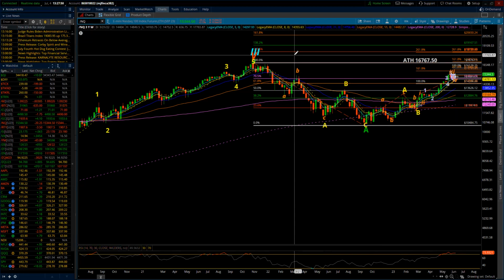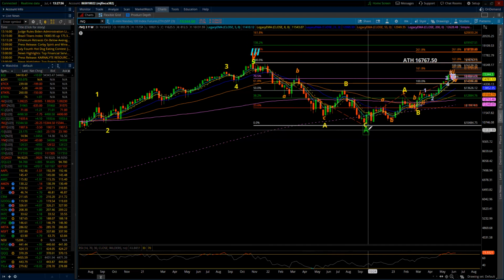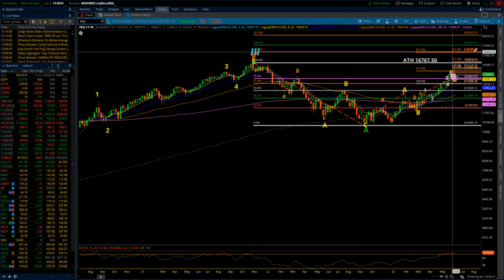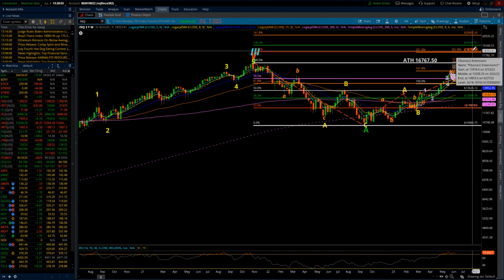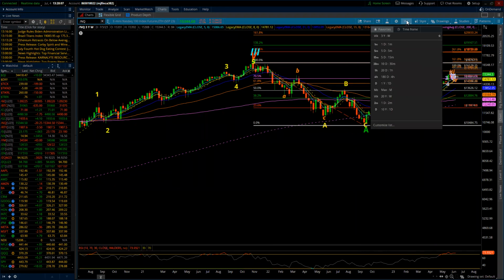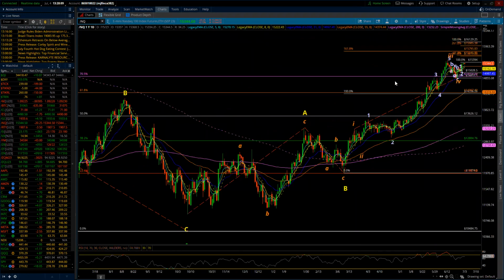So if there's the potential and the probability of an irregular B wave, primary B wave, then these fibs all line up right here, just above 18,000. So if it's going to do it, it's going to do it in grand style. I cannot tell you that that's going to happen. I don't think anybody can. If they do, oh, guaranteed, because, well, we're in a bull market. No. Come up with a better reason.